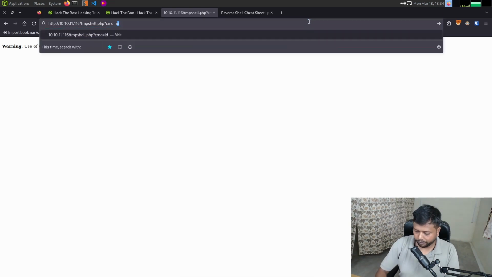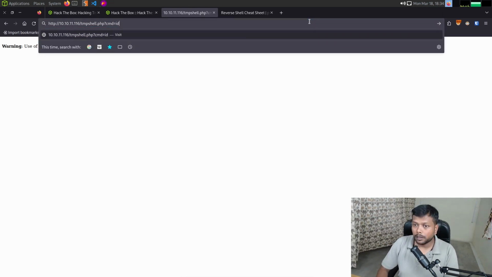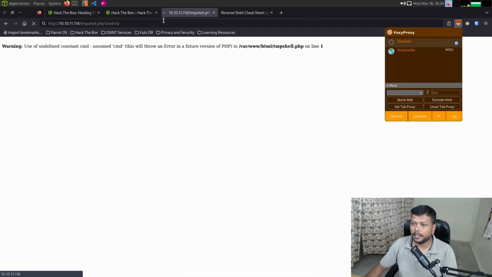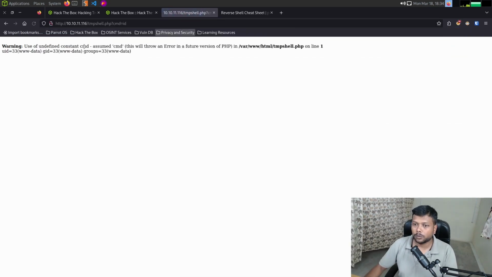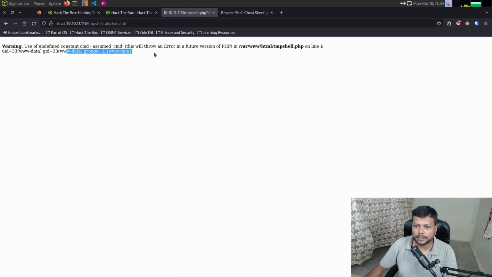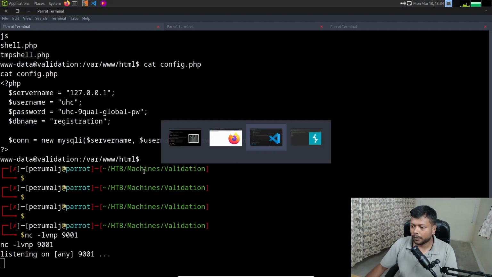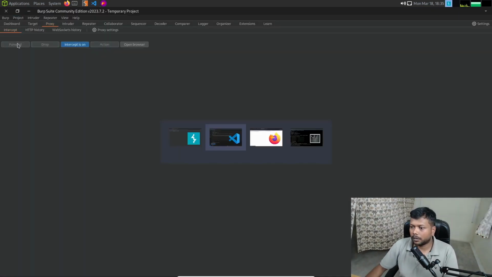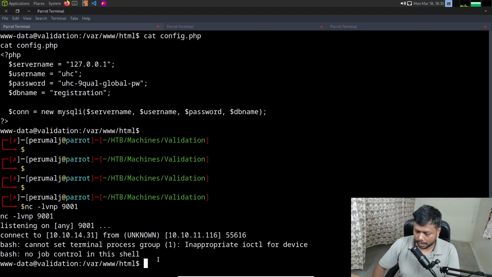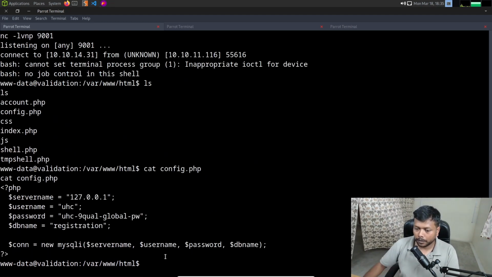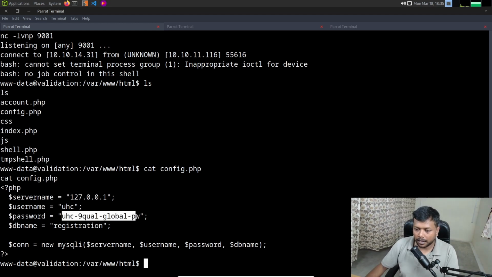There is some kind of script running at the back end, some kind of cron job, deleting the shell that I am uploading. So that's what happened. No, it still works. I can see this, but let me try it again. Forward. When I see this, yeah, I got the shell. Config.php. I can stabilize the shell here, but I don't think it is required because we are just going to